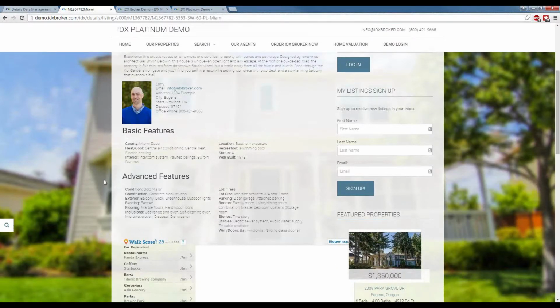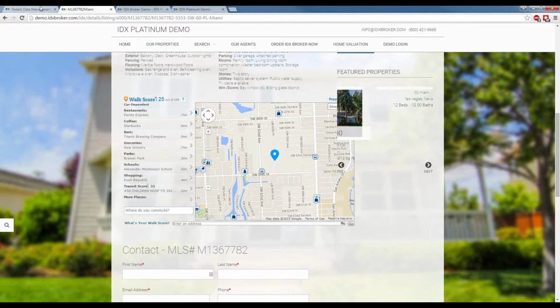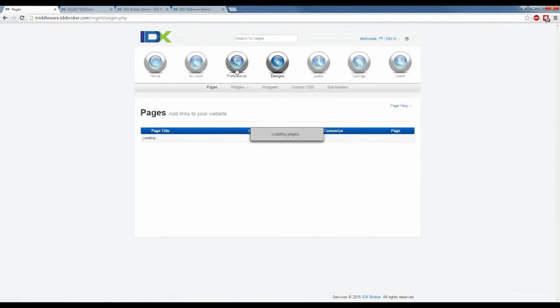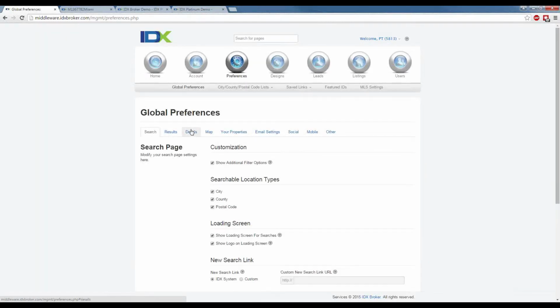So this brings me to the next point of our webinar here, and it's going to be talking about our WalkScore. Now, WalkScore is an awesome thing that's available with both accounts, and you're going to be able to access those and make them available within your pages if you go to Preferences in the main navigation, Global Preferences in the sub-navigation, and then you're going to go to your Details page on these tabs here. So Details